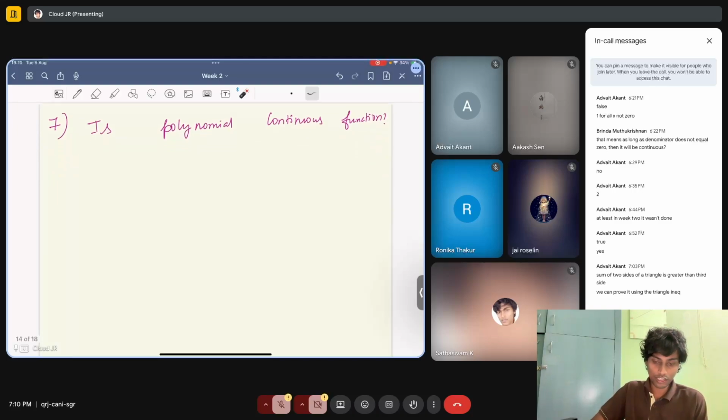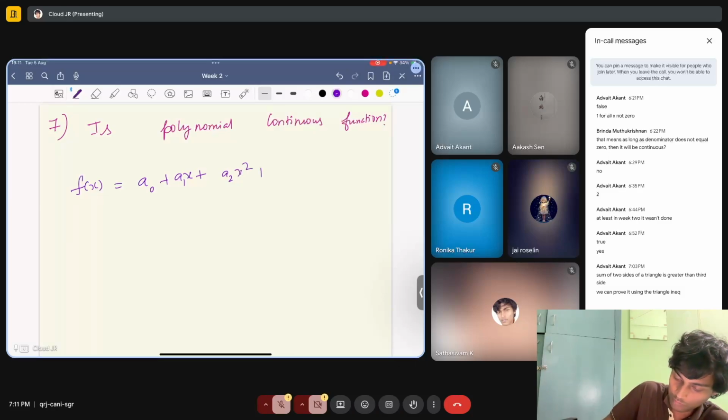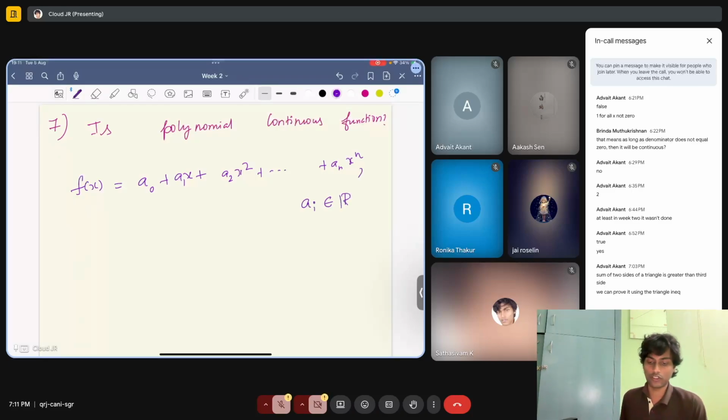Okay. So let's come here. The question is: is a polynomial function a continuous function? A polynomial function is a function of the form f of x equals a naught plus a1x plus a2x square plus etcetera plus an x power n, where these ai's belong to the real numbers. So this is a polynomial function. Now the question is